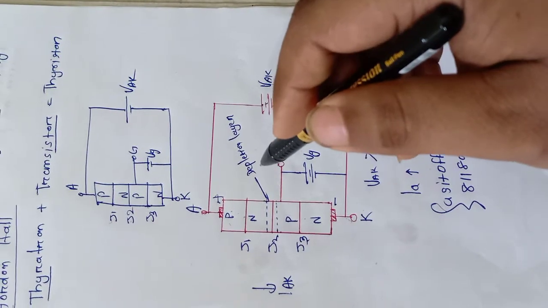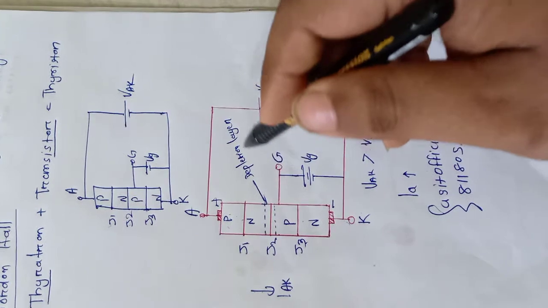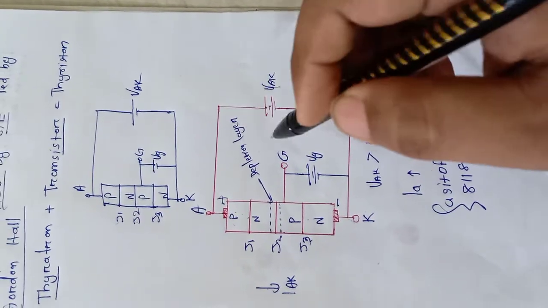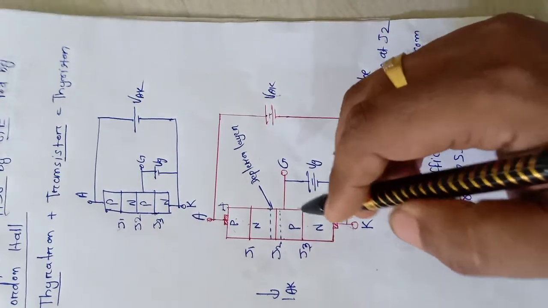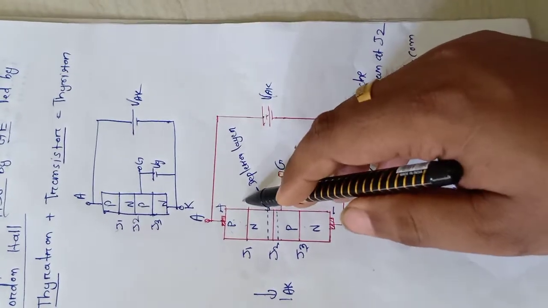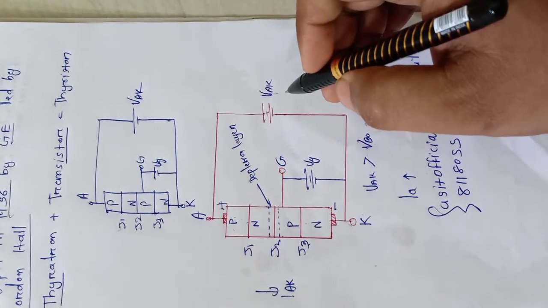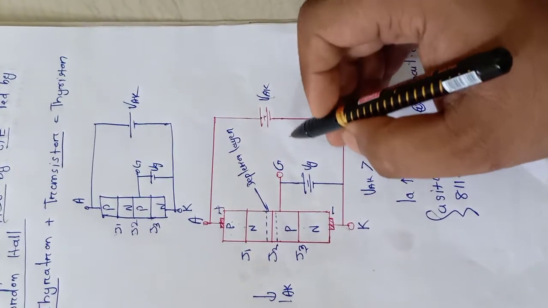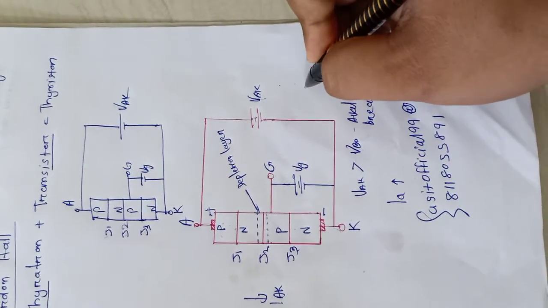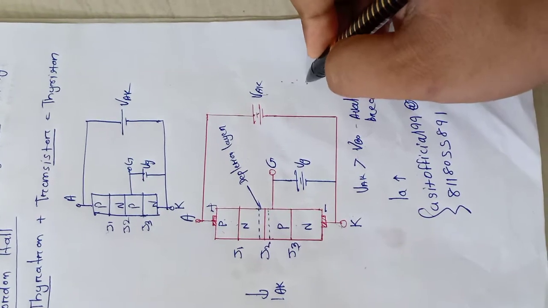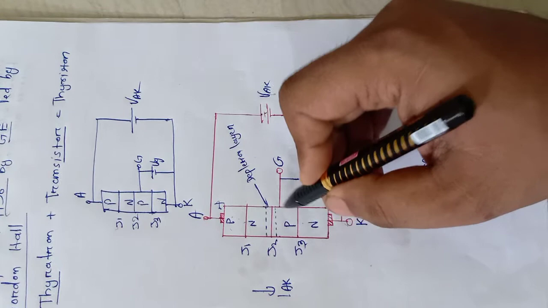So you know what is a holding current? Holding current is that minimum value of current below which, when our anode current falls, our device will get turned off. So that is the significance of holding current. हमको anode current को holding current से नीचे लाना चाहिए. Unless anode current is less than holding current, we cannot turn off our device.